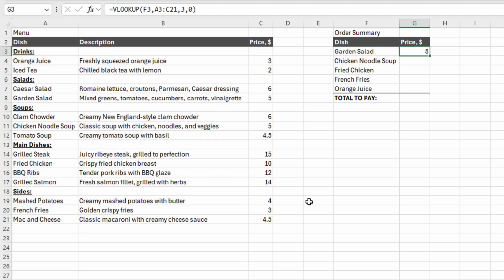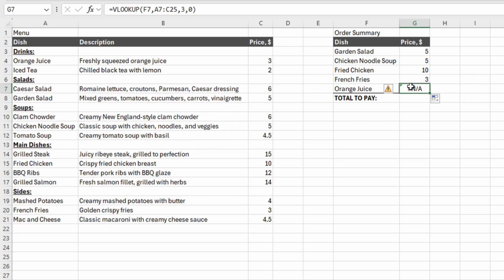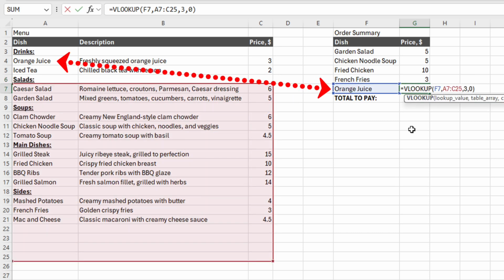As a result, the first value is pulled incorrectly, and if we autofill the formula, we will see an error only in the last item of the order. When examining the formulas, it becomes clear that the range in each formula shifts. If the lookup value is still found in the shifted range, the correct price is displayed. However, when searching for the price of juice, the VLOOKUP function does not find the lookup value in the range,